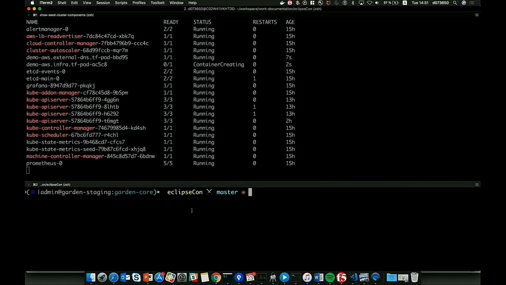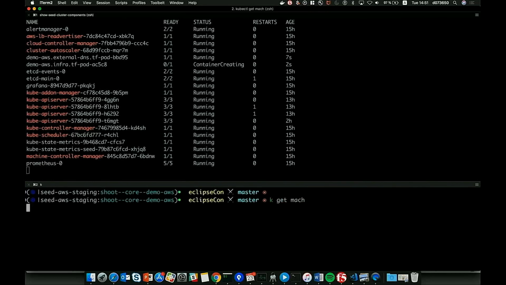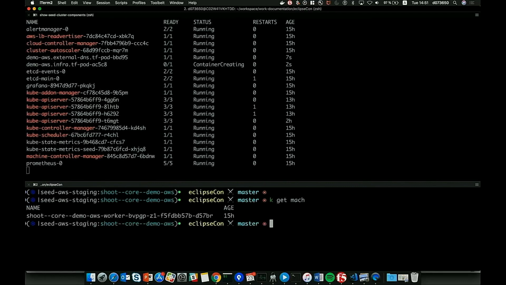And the machine controller manager is a very nice addition. What it does is, instead of you writing cloud provider specific code to create machines or VMs, we have defined these as Kubernetes resources. So you can actually do something like get machine. We show you what a machine is. It's very similar to a deployment, a pod, and a replica set. A deployment controls a replica set, and a replica set controls the pods. Exactly the same. So here, if I say machine deploy,